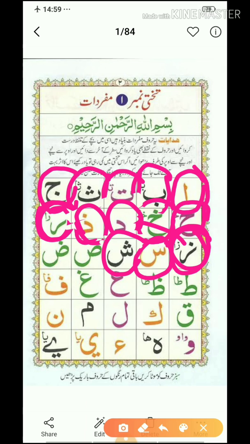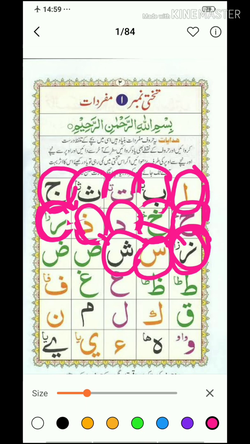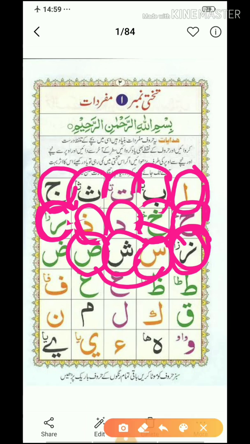The next letter is Sad. Now you must be confused between Sin and Sad, because all the newcomers sometimes ask this question, that Sin and Sad make similar sounds. What is the difference? The difference is when you pronounce Sin, you make a whistle sound, and when you pronounce Sad,